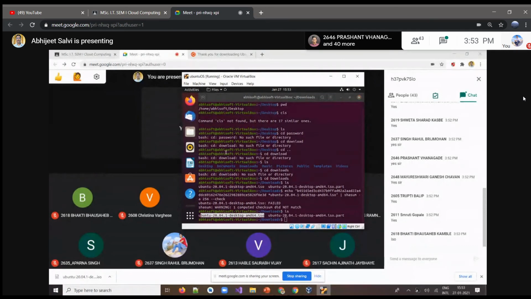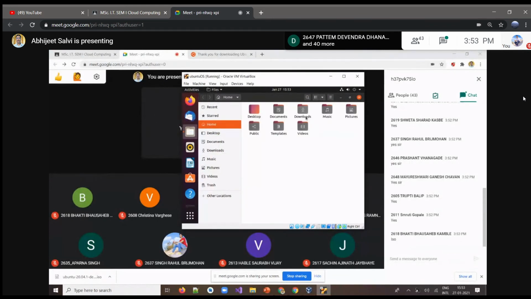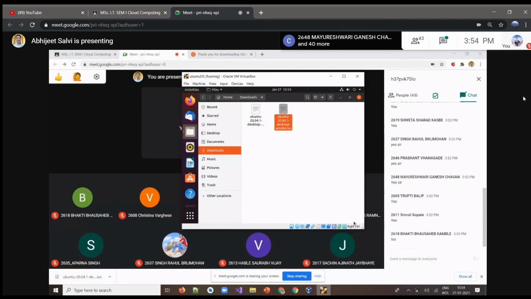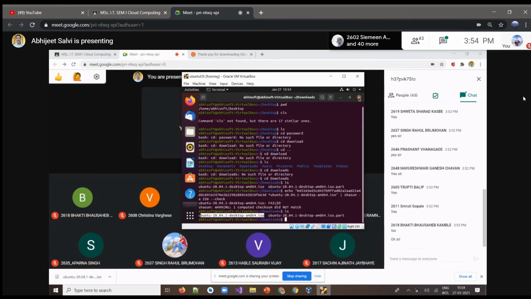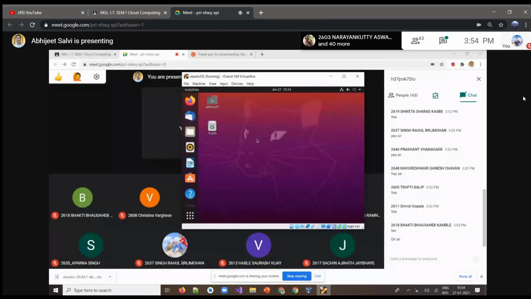If you go by this size here, it's not complete. Right now, it's not completely downloaded. It's not 100% downloaded, so the size of this is 0 bytes. That means something is wrong in that particular file. Getting it, Bhakti? And because of that, we got the message as failed. So what we ideally have to do is go by the browser,